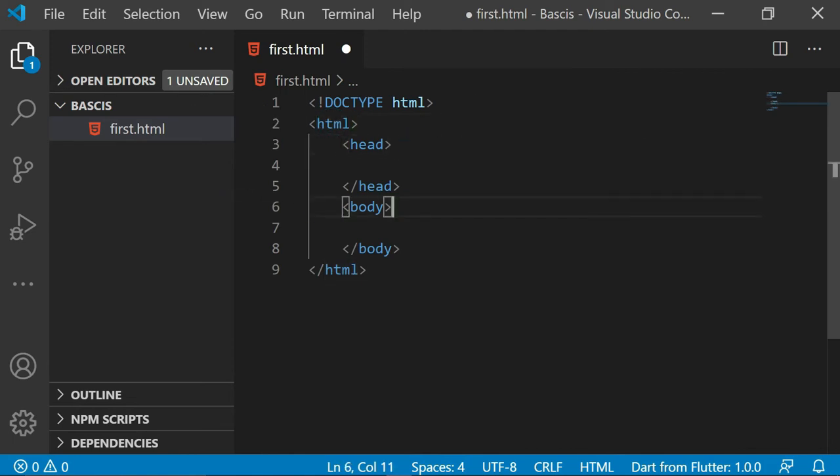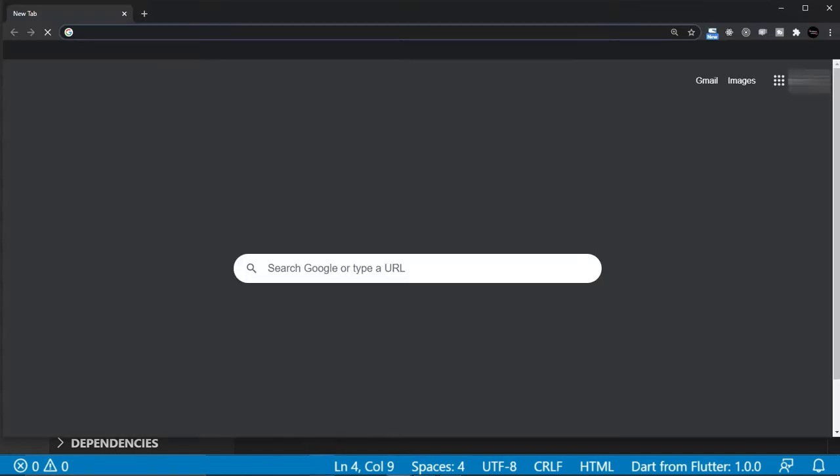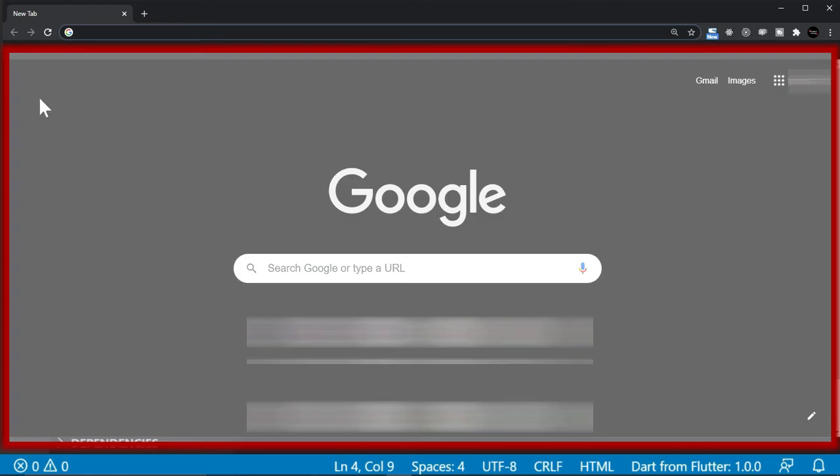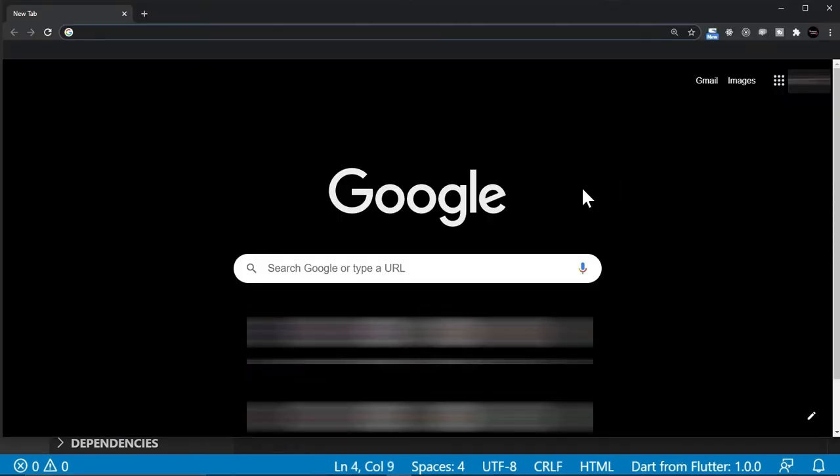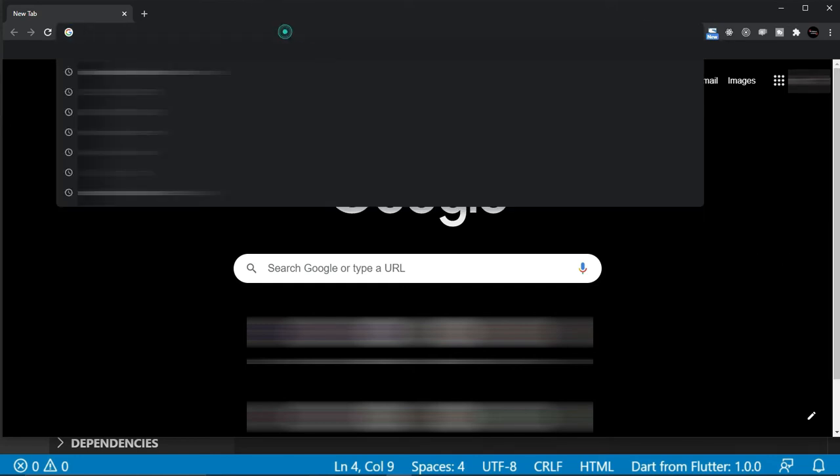Inside body, when I say head and body, that means whatever you put in the head comes on the title, right? And you also have the body. Body is the area in the browser which you have already seen. Let me open it again. Let's say this is the browser, then the area which you see here, the black colored area, that's what the body is. So whatever you write here in the body is getting displayed in this area. The title and other things, you have the scroll bars, you have the address bar, you have the title bar, a lot of things you have.